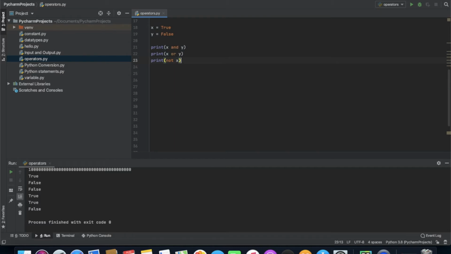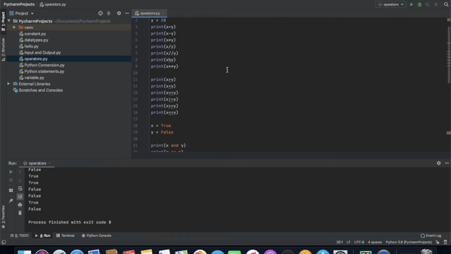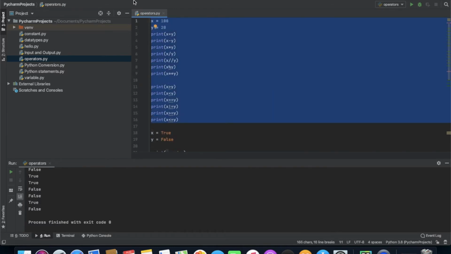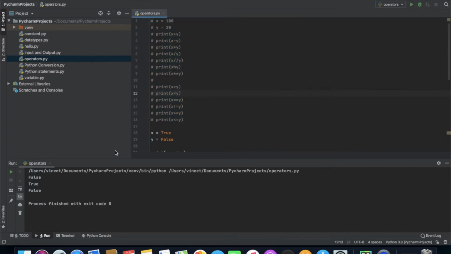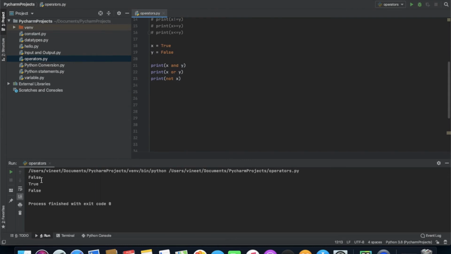First I'm going to comment out the upper ones to have a clear view. Let's run it. So for the first print, x and y, we are getting false.